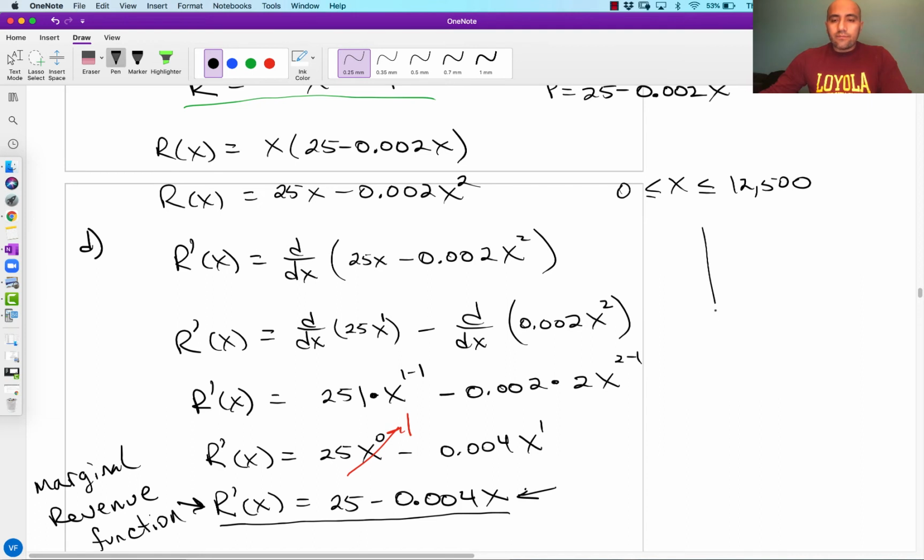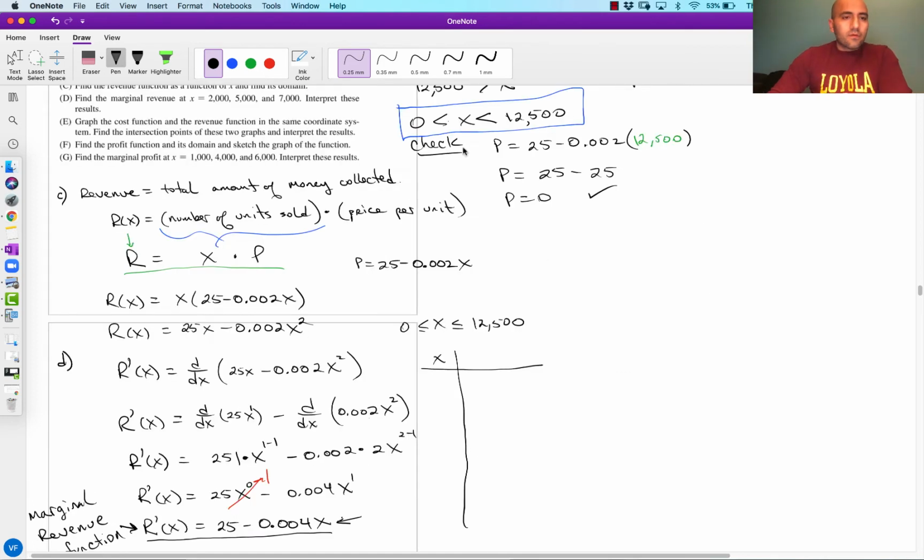So let's come over here and create a table. So x, and they asked us to find, let's zoom out a little bit. Part D says find the marginal revenue. We did that. And now we want to find the results at 2,000, 5,000, and 7,000. So when x equals 2,000, when x equals 5,000, and when x equals 7,000. That's what we want. Okay, so here's a little table. We're going to say this is r prime of x. So when x is equal to 2,000, I want to evaluate this at 2,000. So it'll be r prime of